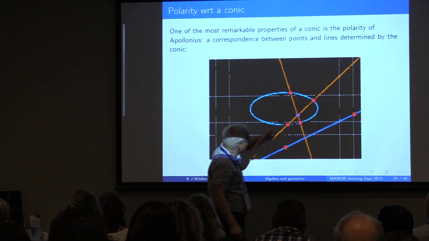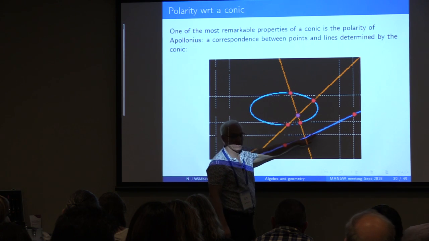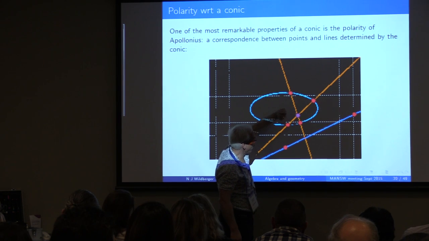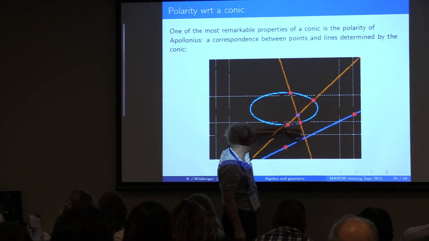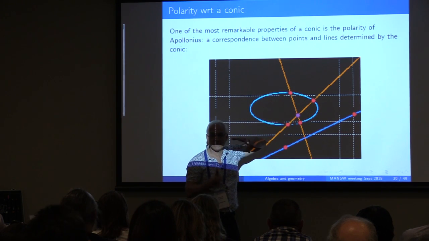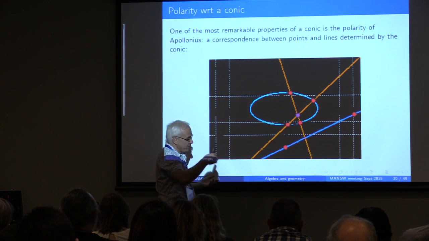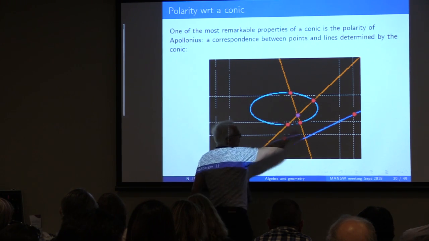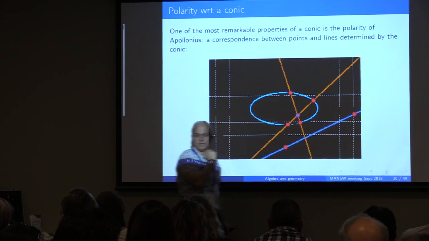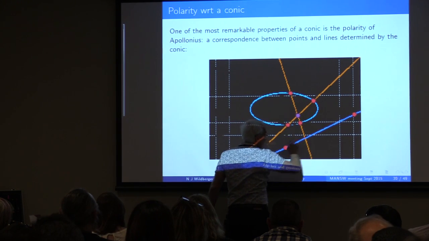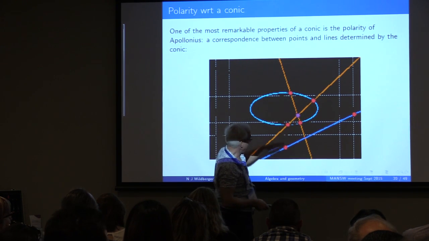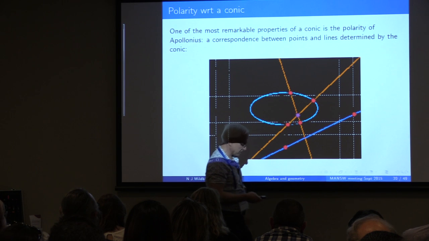Okay, so what you do is, you have a point and you have a conic and you want to generate this line. How do you do it? You choose two lines through this point that meet the conic. In this case, say that line and that line. That generates these 4 points of intersection. So those 4 points have additional lines that meet in points. If you draw the line through those 2 points and you draw the line through those 2 points, they will meet in a point. And if you draw the line through these 2 points and through these 2 points, they will meet in a point. And that's how you then generate the line. You then just choose the line that goes through those 2 intersections.